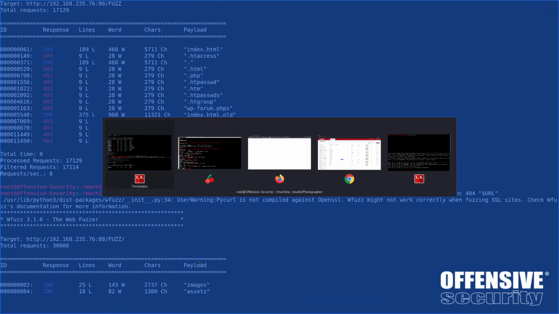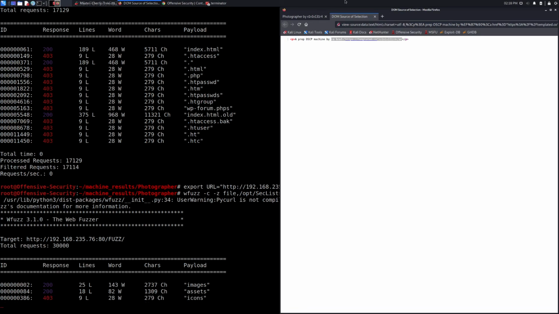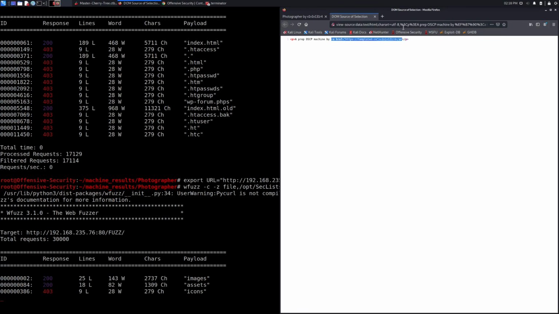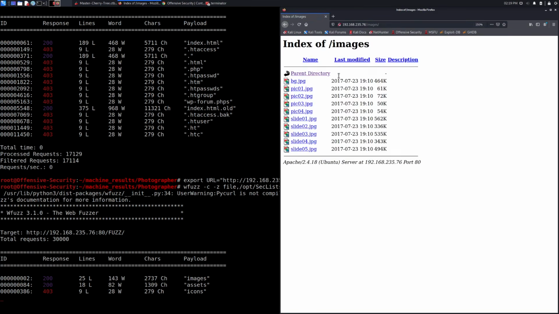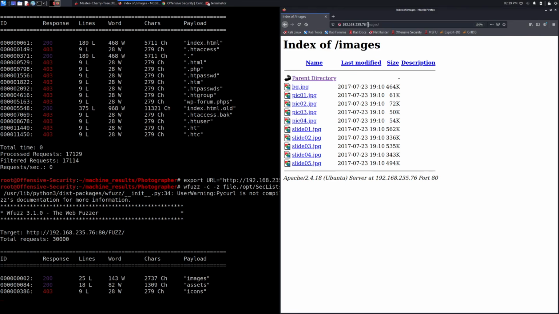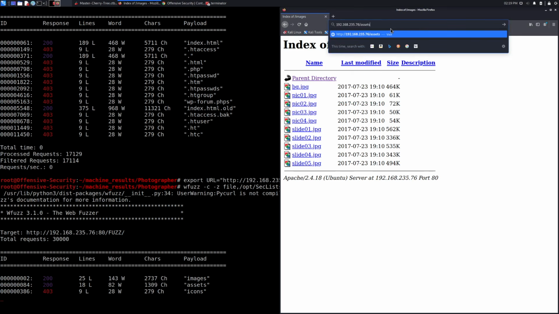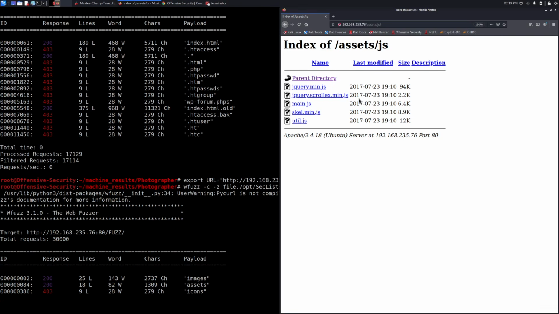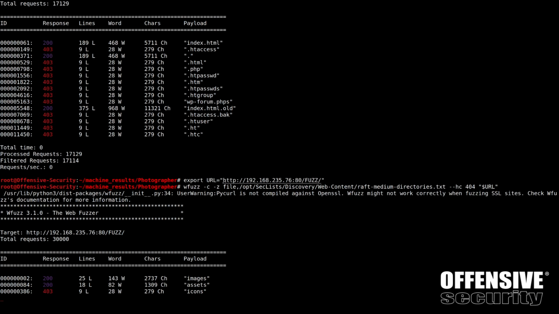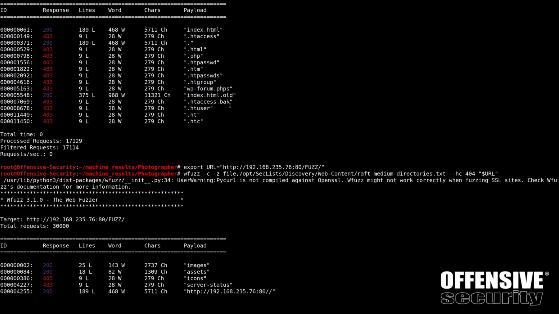So we have images. I do that because I want to know when I'm manually browsing in the web browser. I want to see that as I go. And that's just my thinking there. So we have images, background, bunch of pictures. Nothing of too much interest there. We have assets, CSS, some fonts, some JS. Again, not really too much of interest there as well. But we're going to let it continue. And let's actually check out, in the meantime, results from our